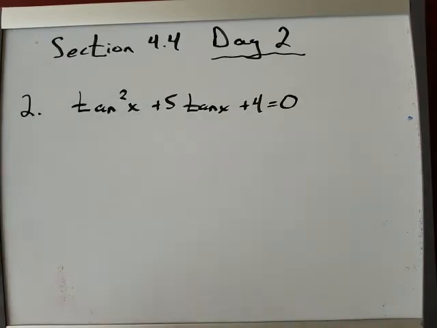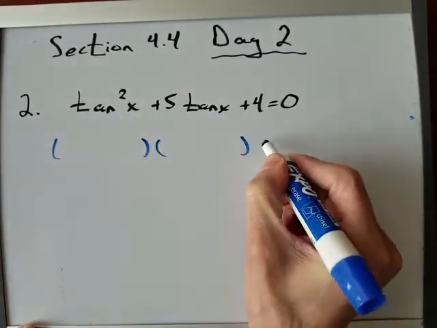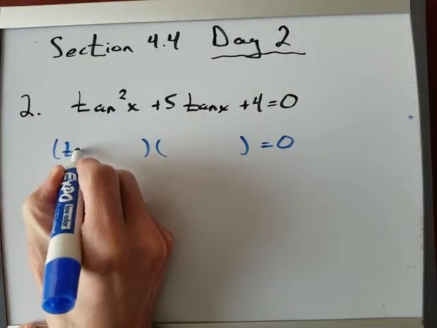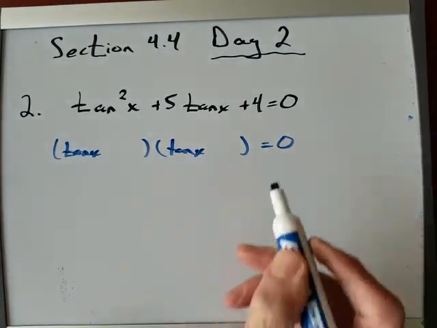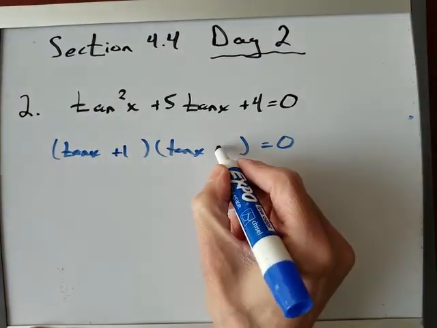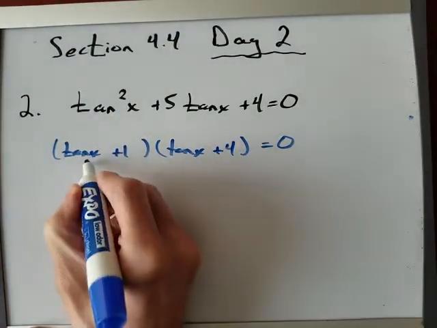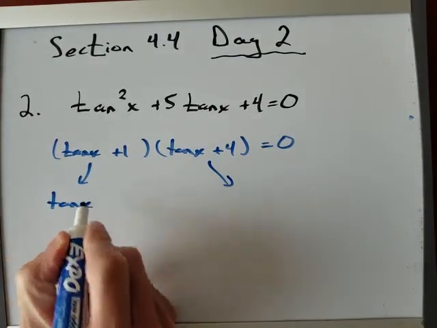We begin very innocently. We look at this, and we have to be thinking, let's factor it. And it factors to tan, and then it's really a simple sum and product. What multiplies to 4 that adds to 5? It would be a +1 and a +4. We swoopy swoop each one. So we're going to have tangent of x,